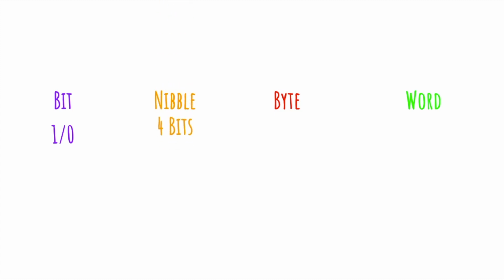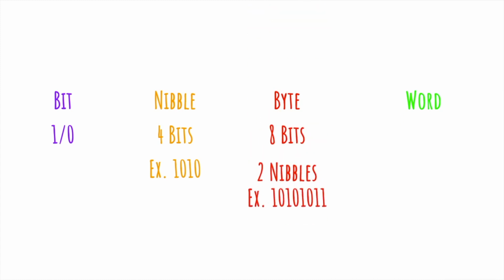Let's take a look at some of the most common binary elements. The simplest element is the building block of binary and is called a bit. A bit is a single binary 1 or 0. Next we have a nibble, which is equivalent to 4 bits. An example is 1010. The most common unit of measurement for binary is a byte. This is equivalent to 8 bits or 2 nibbles, and an example would be